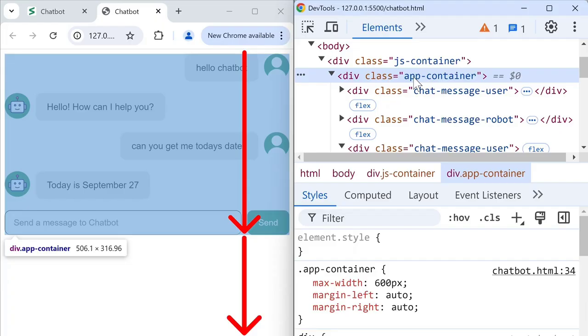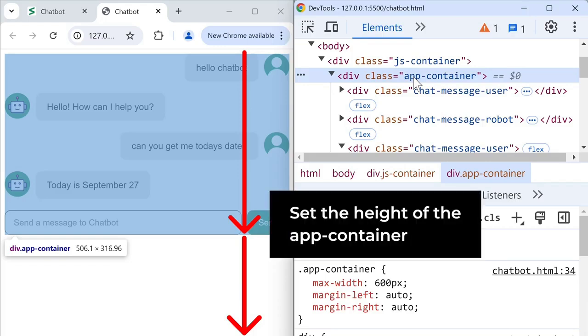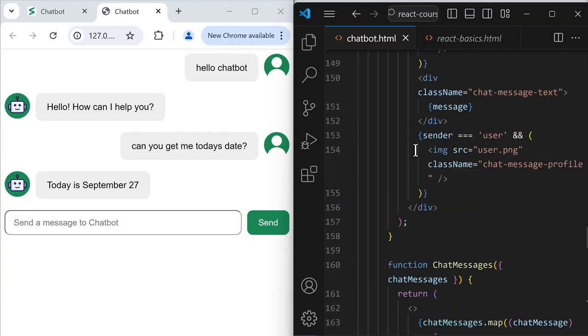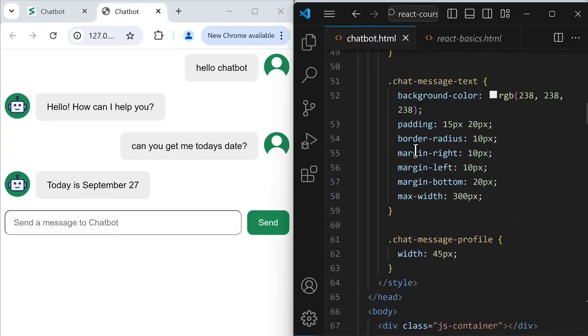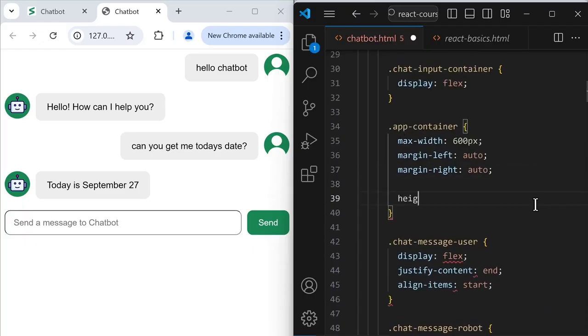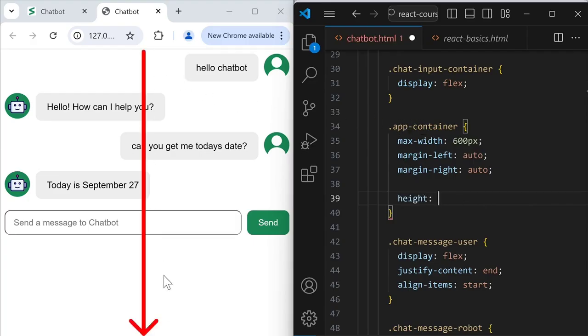However, we want to stretch the app container to the bottom of the browser so that we can put the chat input at the bottom. To do that, we're going to set the height of the app container. So we'll go back to our code and we'll scroll up to our CSS and we're going to find the styles for the app container, which is right here. And at the end, we're going to set the height, colon. And now we want the height of the app container to stretch to be the same as the height of the browser here. To do that,